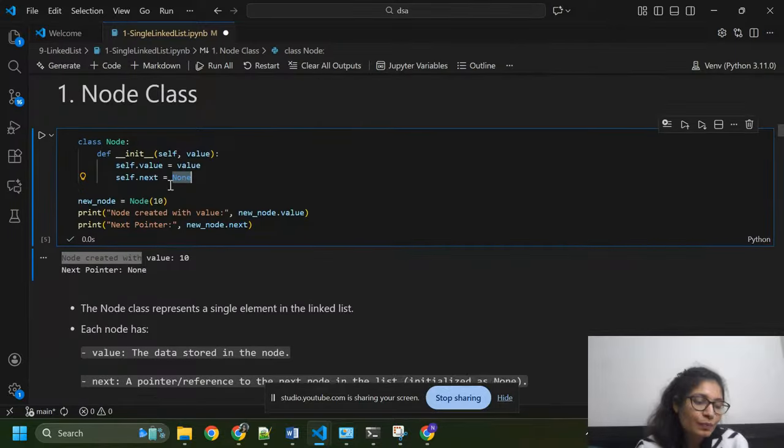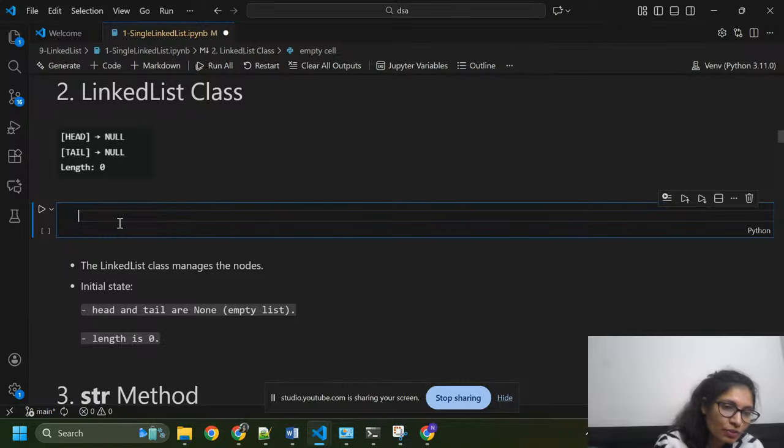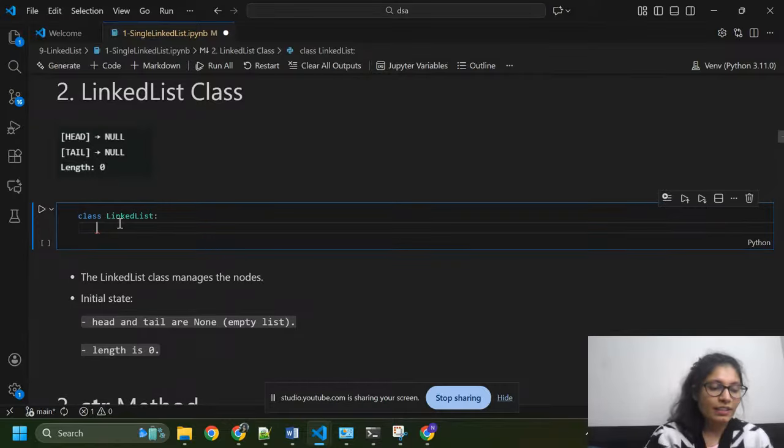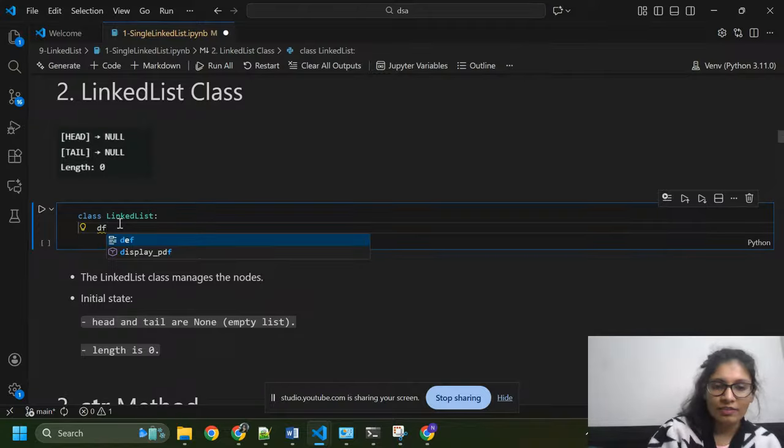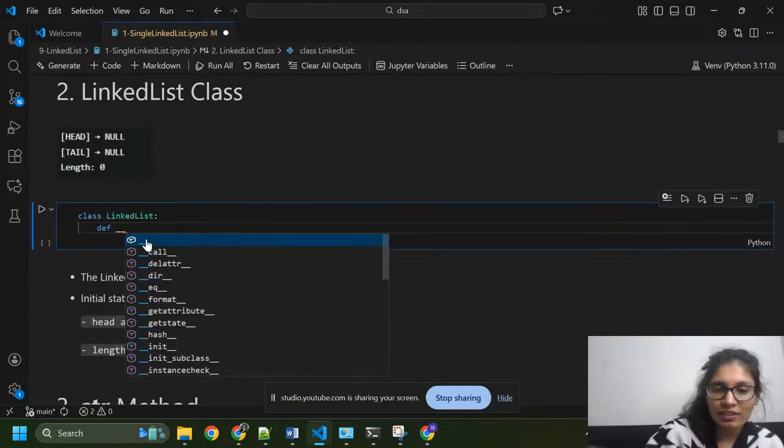Now we move on to the LinkedList class. Here I'm going to create class LinkedList. Here I'm going to create one function, or method you can say, that is init.